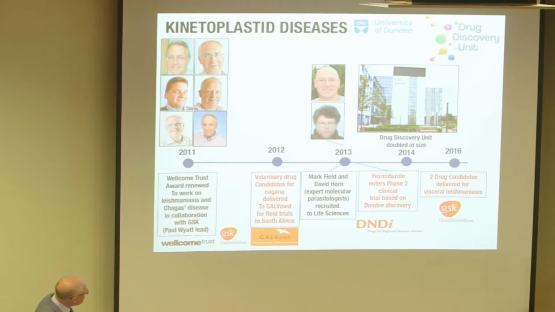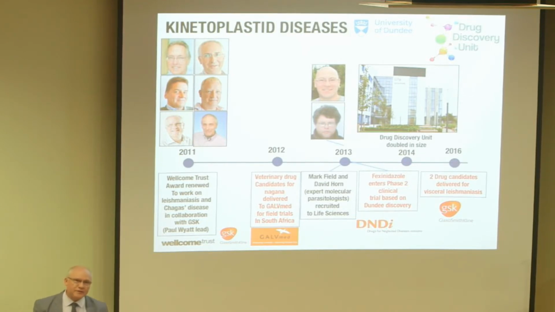Now, this was done in collaboration with GlaxoSmithKline. So it's interesting how things change. Back in the early 2000s, so 2000, 2001, 2002, it was quite difficult to engage with major pharma on the quest for drugs for neglected diseases, for a very simple reason. The pharmaceutical companies are beholden to their shareholders, and shareholders include people like me, right? I have a pension plan. I'm a shareholder in Glaxo and Pfizer and all of these companies, and therefore they need to make a return. So saying we're going to spend billions of pounds making medicines for people who have no money to purchase them isn't a very good business model.